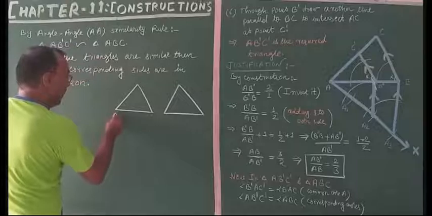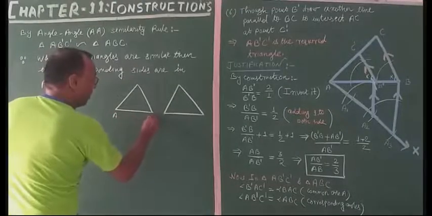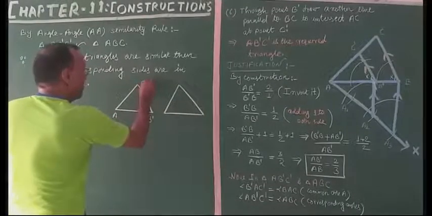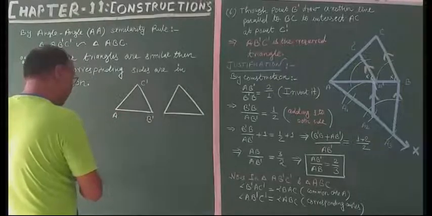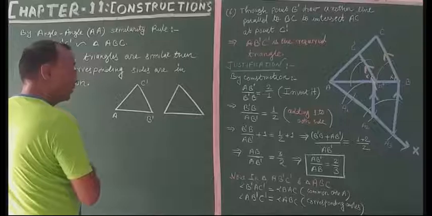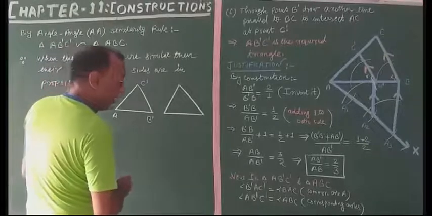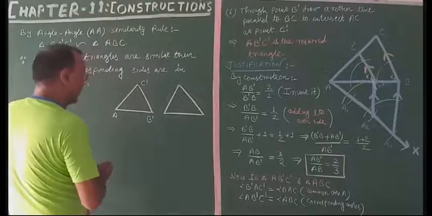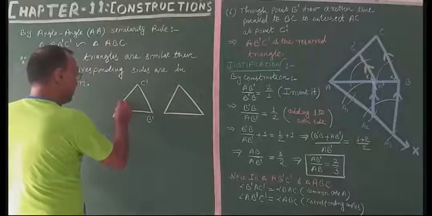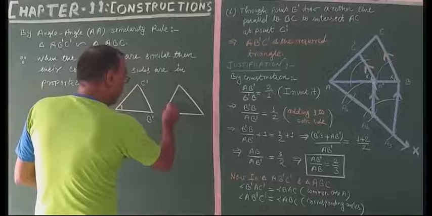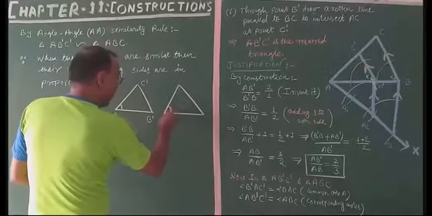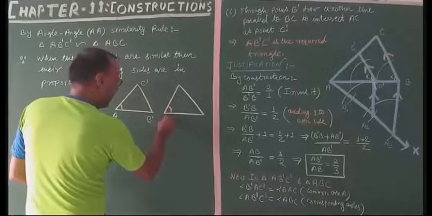This was A. B dash, C dash, and look what things we have used here. The first thing was this one, angle B dash A C dash, this angle will be equal to the angle ABC of this. It means the point A will be here.